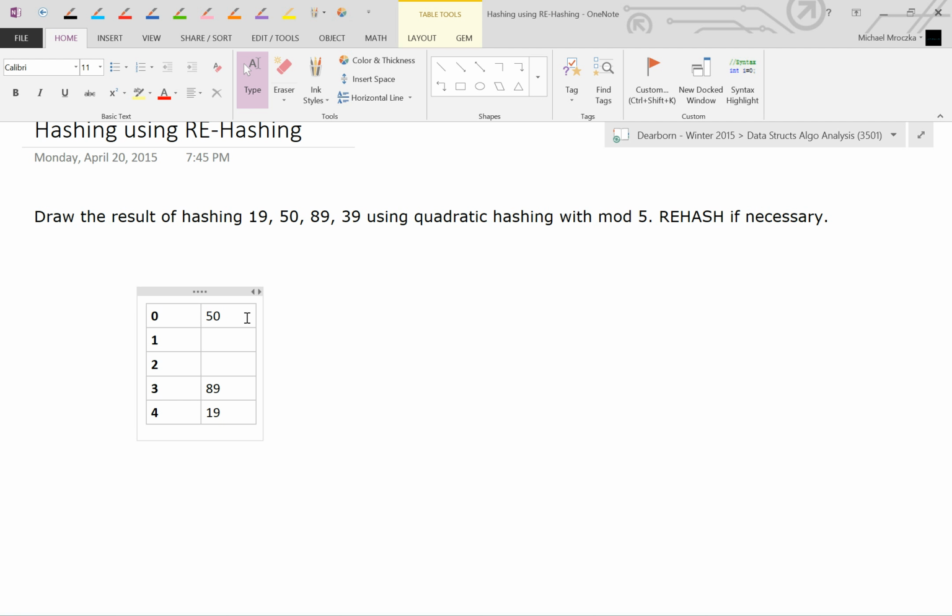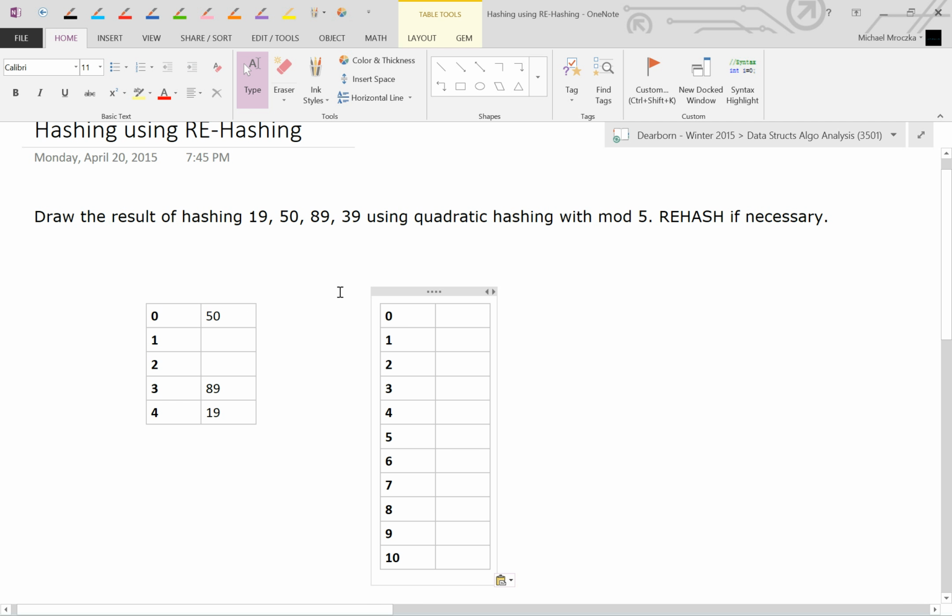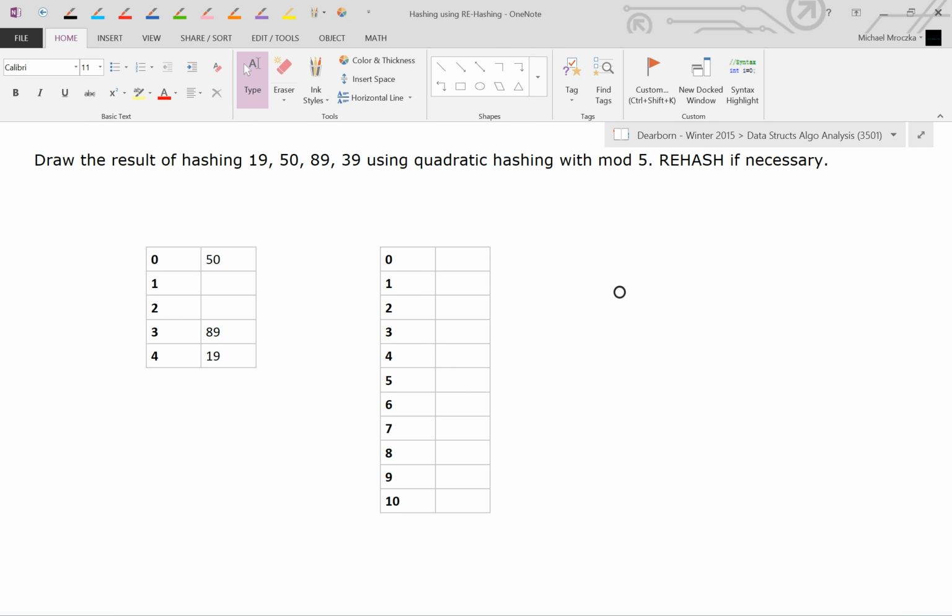Then we try 39. Now you'll note, since this is rehashing, 39 won't fit. So we try 1, 2, 3, 4, 5, go back up, 6, 7, 8, 9, and you'll note 39 will never fit. So from there, we're going to make a table that's twice the size, and then some. The way you figure it out is you've got 5, that's what you're modding by, so 5 times 2 is going to give you